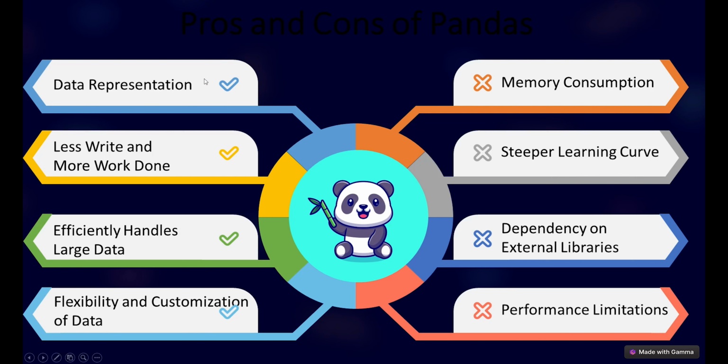First of all, on the left side, we've got the pros, which are going to be data representation, less writing and more work done, efficiently handling large data, flexibility and customization of data, which totally I'm just going to say is fast and customizable. On the right hand, we've got the cons: memory consumption, steeper learning curve, dependency on external libraries, and performance limitations. We can see some cons on the pandas library, but in total it's absolutely worth learning